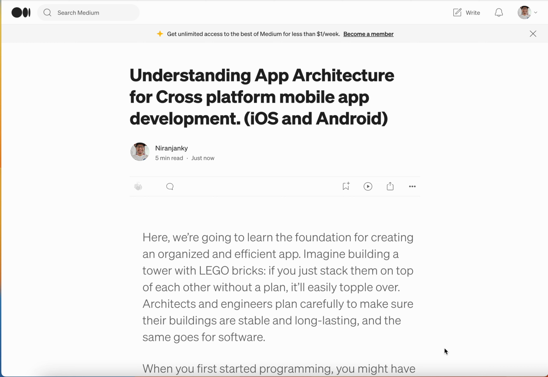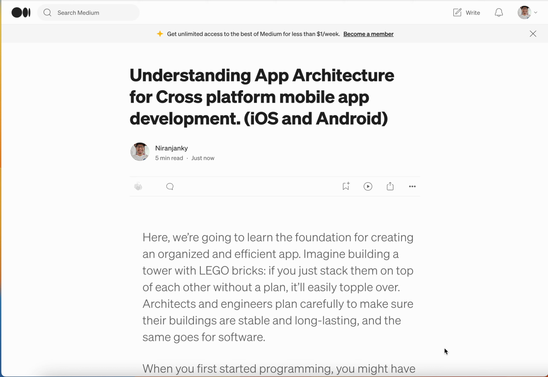In this tutorial, we're going to talk about application architecture for your application. Not only for your application, I'm going to define a standard architecture that is being implemented both for iOS and Android. So we're going to understand the application architecture in the context of cross-platform mobile application development. We will historically understand what the different application software architectures were that were implemented